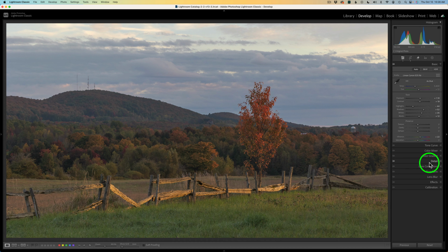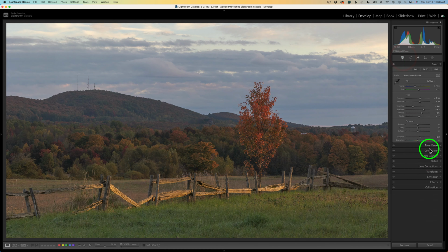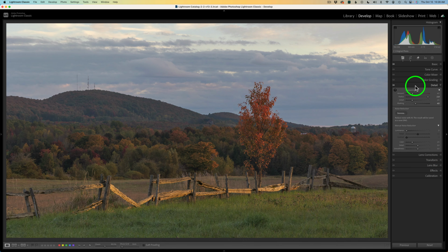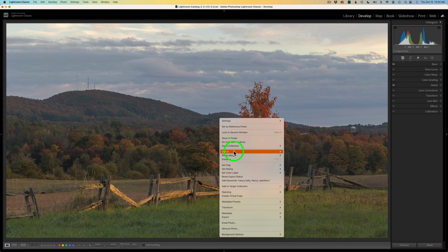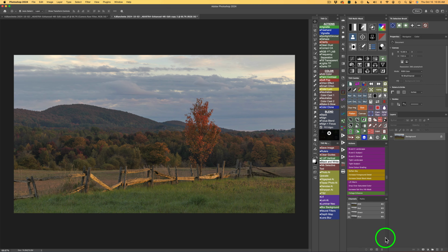Now, as always, I start out right here in Lightroom and just do some basic edits on this image. And as you can see here, here's my edits. I always like to use a linear profile. That gives me a nice flat image going into Photoshop. And I also did a bit of a crop, a 16:9 crop in this image, as you can see. As far as detail, I just have a little bit of sharpening on here. And as far as lens corrections, I always check on remove chromatic aberration and enable profile corrections, but that's it. And now at this point, I just right click on the image, go to edit in and click on edit in Photoshop 2024. And here we are inside of Photoshop 2024, ready to get started with the latest version of